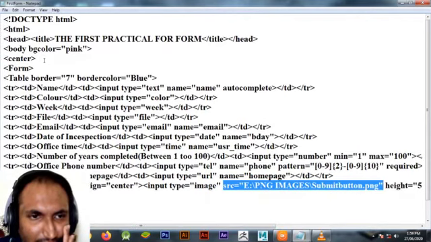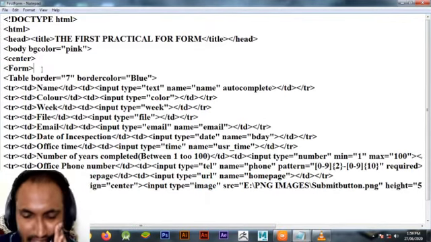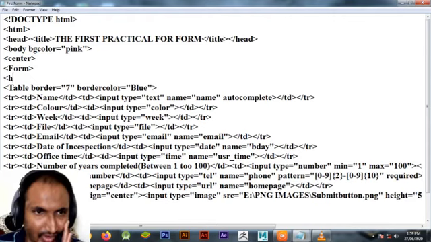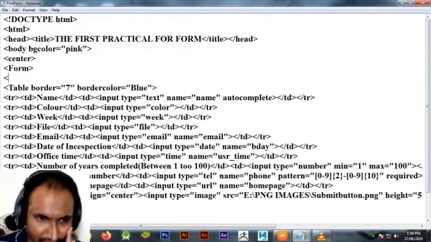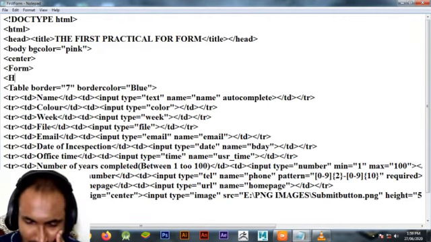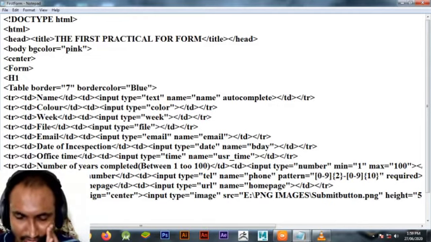First I will add one more thing here, that is the h1 tag.